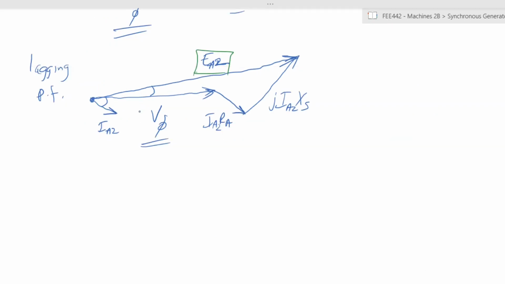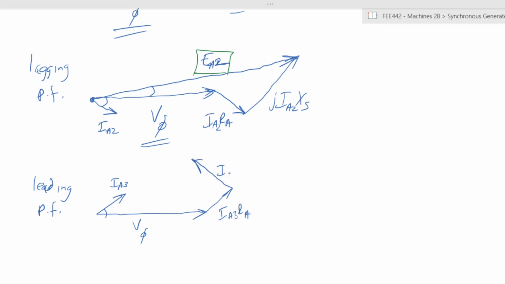Similarly with leading power factor, just for completeness, let's talk of leading power factor. Have your same terminal voltage, but in this case, IA3 now has a leading angle. So what does that mean? You will then have your IARA looking like that, IA3RA looking like that, and your IA2XS times J looking like that. And what that means is you now have EA3,